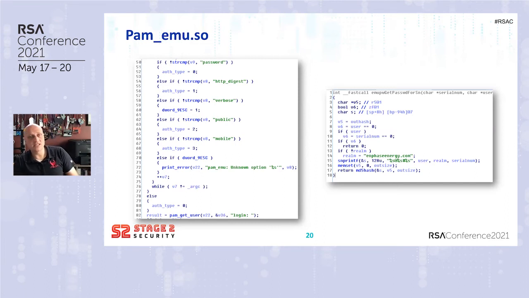Instead, it had its own custom routine based on the type of authentication being done. On the left, you see what type of authentication it's intercepting, and on the right is one of the routines that it uses. Again, you see this get password for serial number. Basically, what that function's doing is it builds the string username at enphaseenergy.com hashtag serial number of the device, computes the MD5 hash of that, and that is what is expected for the password.